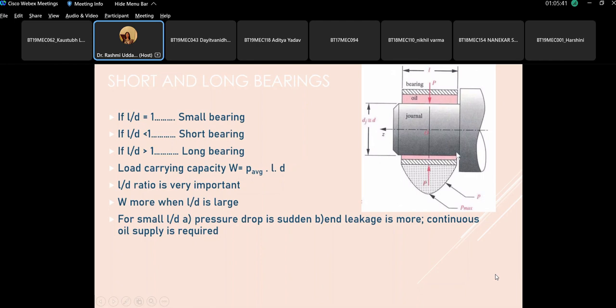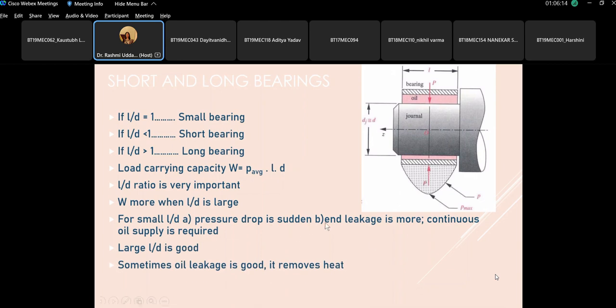For a small bearing, the oil will be continuously leaking because the length is too small to hold the oil. And because there is a leakage of oil, you have to continuously supply oil. So more oil is required. Although this oil is circulated, you have to continuously supply oil if it is a small bearing. So from this perspective, larger L by D is good, but